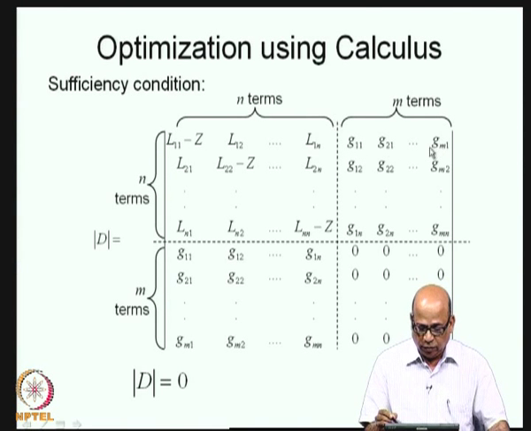We transpose this and put it here. So, we will have n terms in this direction and m terms in this direction. So, we transpose this and put G11, G12 etcetera G1n, then G21, G22 etcetera G2n in this direction, and similarly Gm1, Gm2 etcetera Gmn. So, these m by n terms we put as n by m terms here.